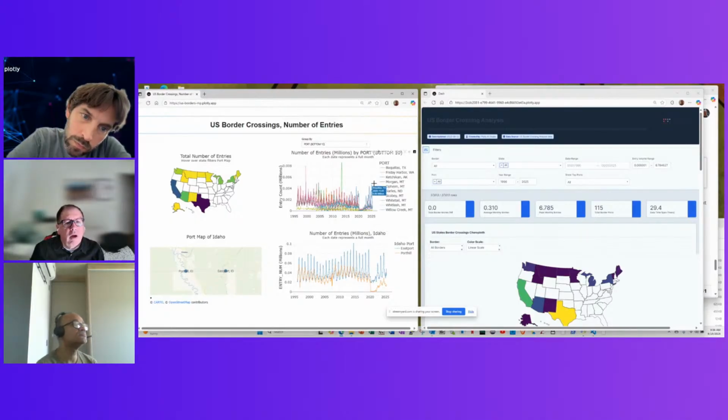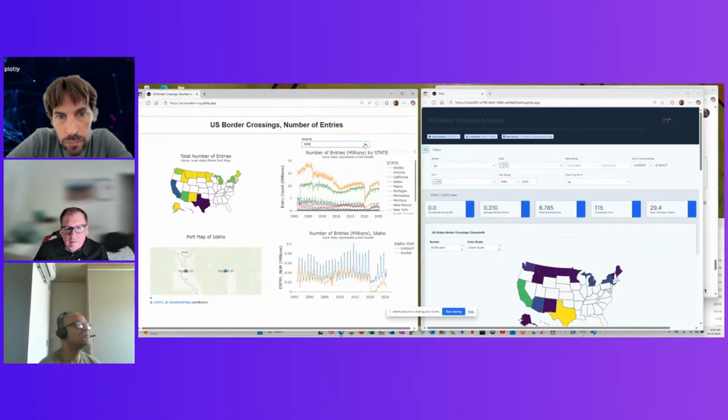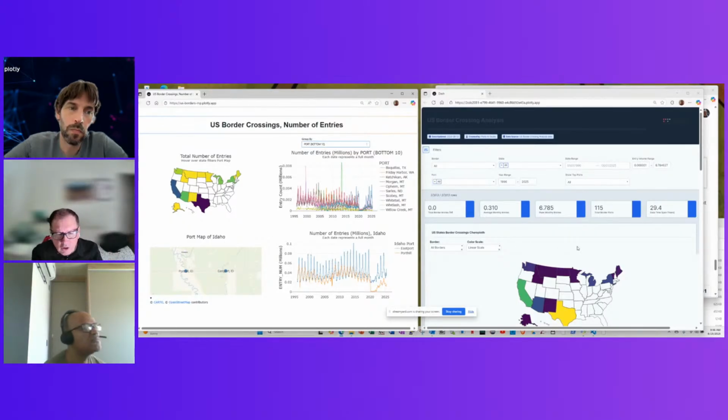And this one in the upper right is really independent of the others. It just gives you a comparison of traffic from Canada versus traffic from Mexico. COVID is very prominent on both of them. You can get it by state or top 10 ports, bottom 10 ports. So it's pretty simple. It's pretty straightforward. It's pretty clean. And I really wanted to get this done early so that I could